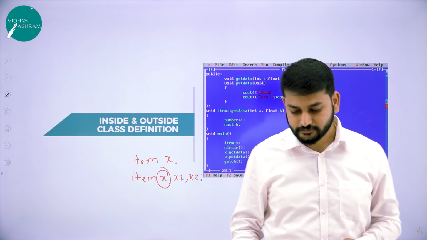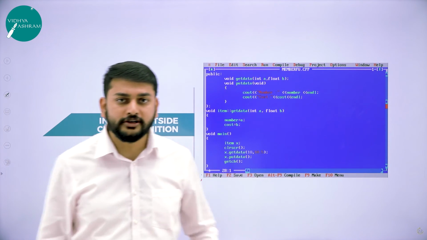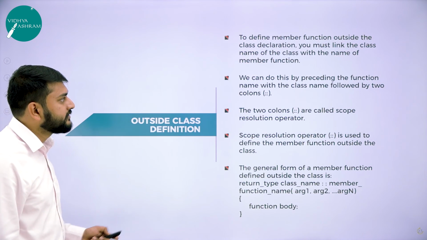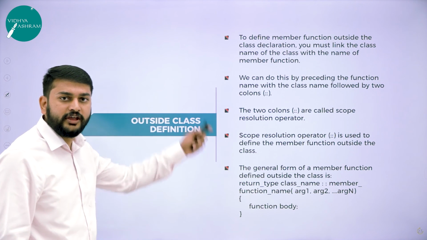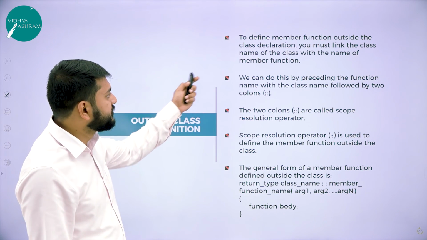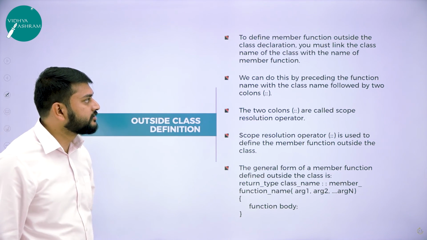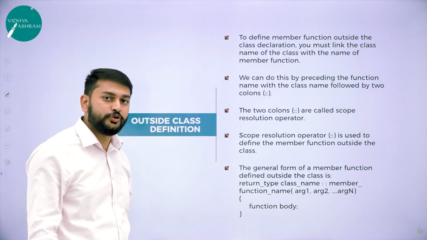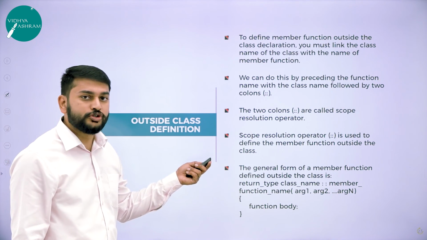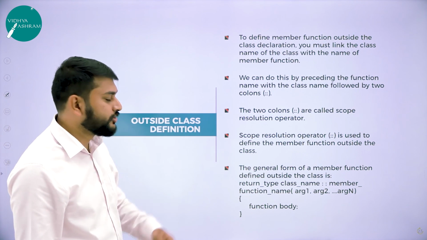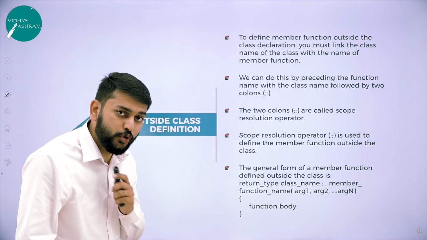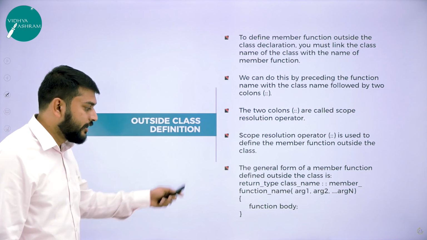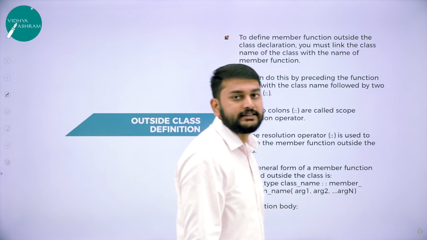Before ending this session, I will give you some pointers to remember the concepts of member function outside the class. So guys, whatever we have discussed, they have given in points. The first thing is the definition of a member function outside the class must have the link. The second one, we should use the scope resolution operator. That is what you need to remember. The scope resolution operator is used to define the member function outside the class. That is very, very important. If you are defining the member function outside the class, you should use the scope resolution operator, and this is the syntax which we have already discussed.